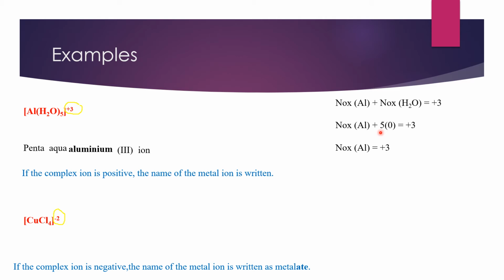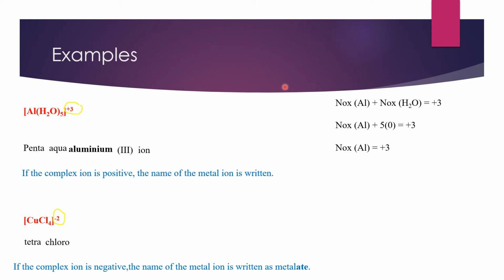Then we look at example number 2. Again we do the same thing. In example number 2, which is this one here, the metal is copper. Surrounding that is Cl, and there are 4 of them, 4 Cl. So what is the coordination number in this particular complex? The coordination number here is 4 because there are 4 ligands. So the prefix we use is tetra. The ligand used is Cl, which will be called chloro.